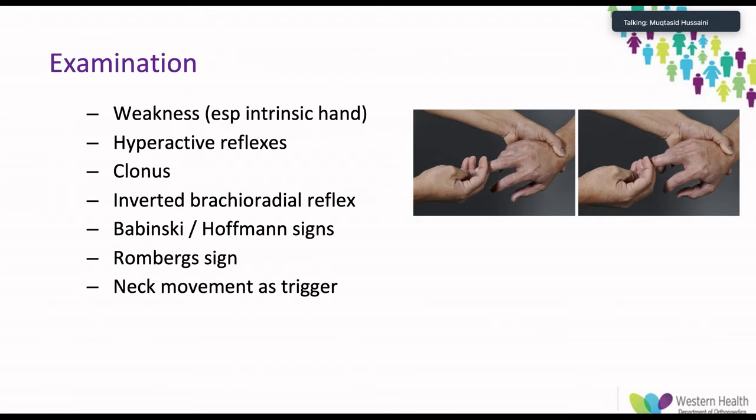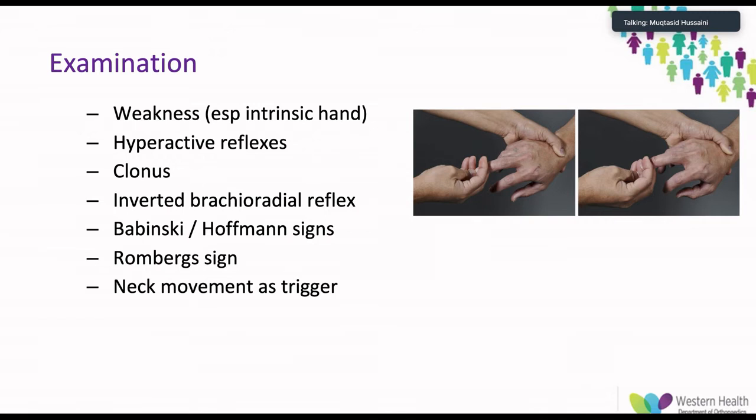So the examination findings, a lot of them revolve around typical upper motor neuron lesion signs. So the patient will have weakness, often relating to the intrinsic hand muscles, hyperactive reflexes, clonus in the patella or ankle, an inverted brachioradial reflex, positive Babinski, so an upgoing plantar reflex,